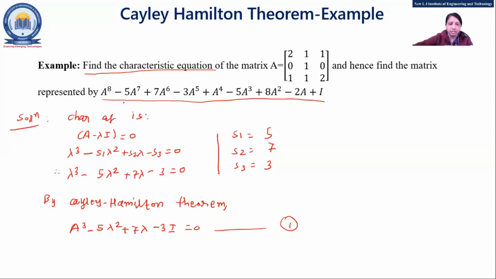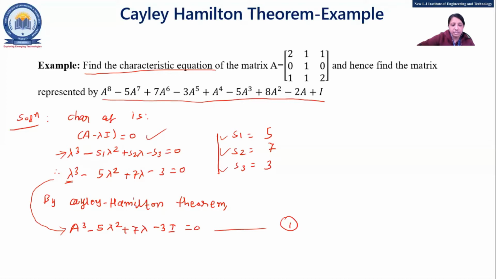Fine. Then just find out the characteristic equation and solve this in terms of matrix, right? So first, simply A minus lambda I equal to 0, the characteristic equation. Then solve this. Now you will find S1, S2 and S3 like this. So you need to follow the same procedure as we have followed for the eigenvalues, right? But not to find the eigenvalue here. Just find out the characteristic equation. In that, Cayley-Hamilton says what? Instead of lambda, it will be replaced by A.